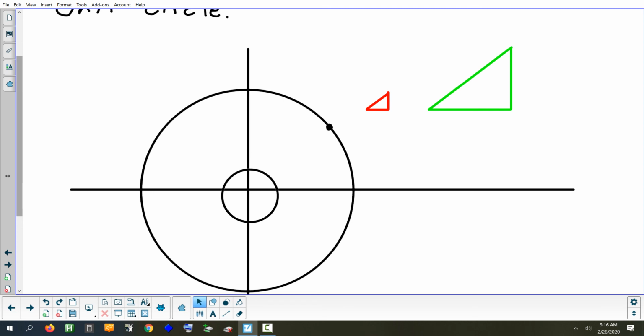And I'm going to put a point on that circle, like right there. If that was a unit circle, all you would do is put your triangle in the unit circle, just like that. You would find the coordinate, and then plug the coordinate into whichever formula you needed. The y, the x, flip it if you had to flip it, divide them if it was tangent, whatever you had to do. Now what we're doing is